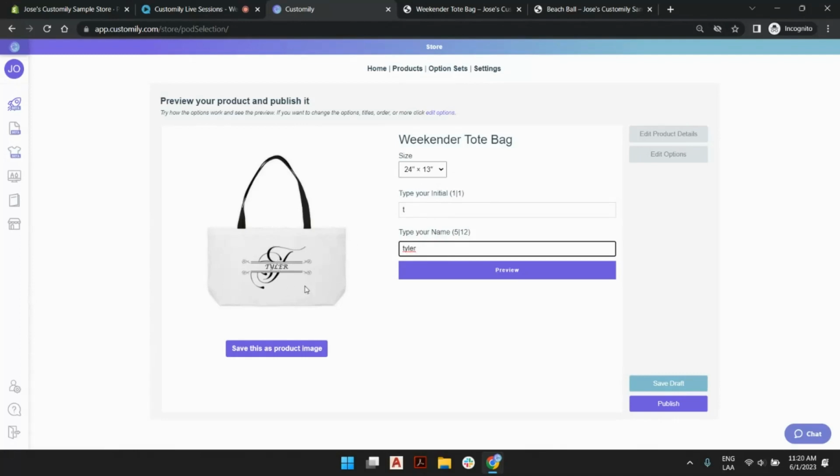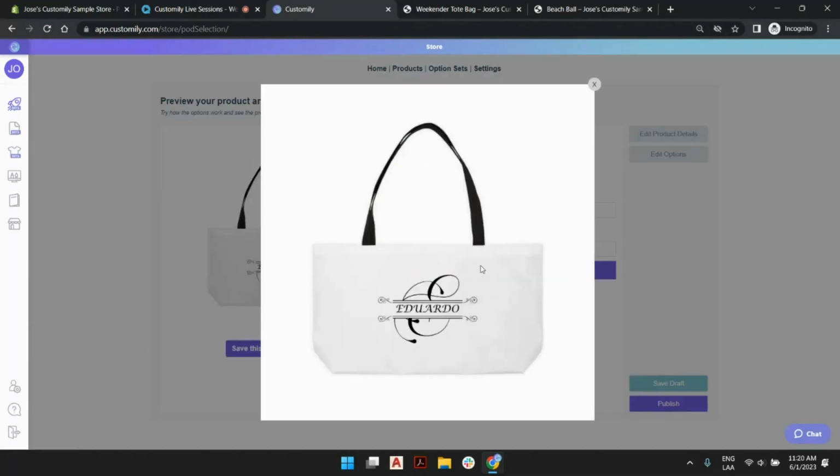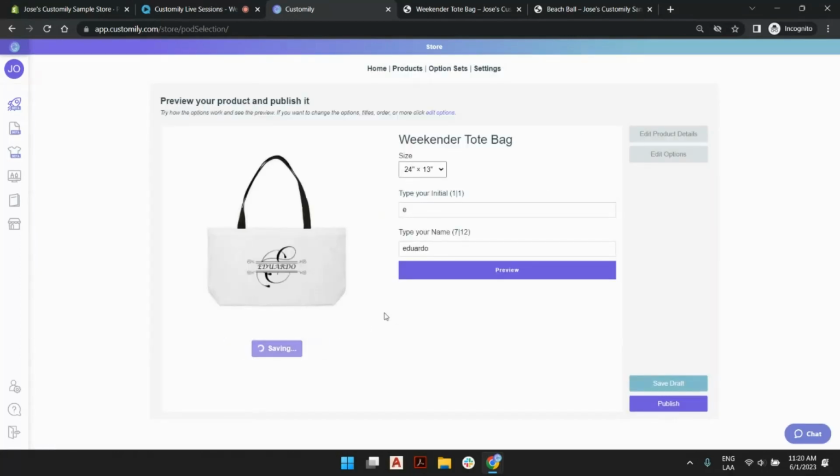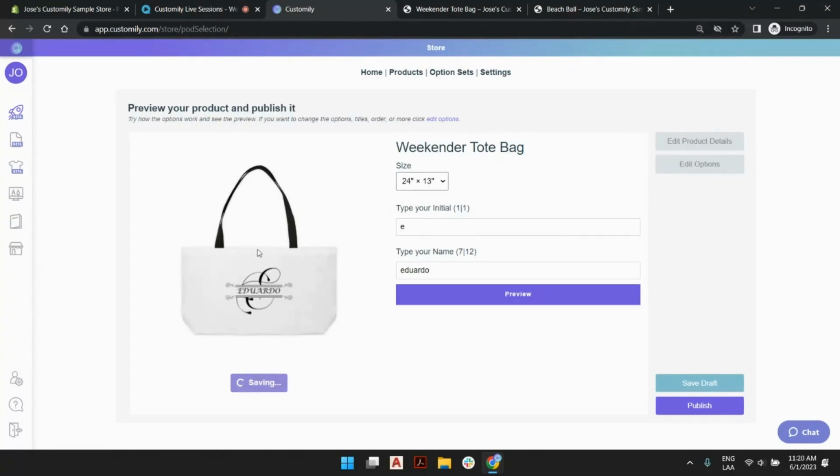image to be my new listing photo, because right now my standard listing photo is the one that Printify sent me, and we don't like that, so we're going to put this one. Actually, this is the suggestion we have here, and we're going to be using that. If you click on the preview, you will see how the preview looks, okay? And that same image, that preview you have here, you can actually save to be your new listing photo,